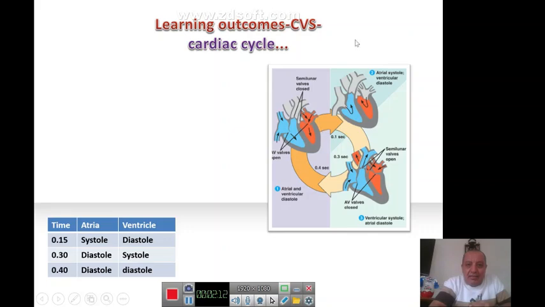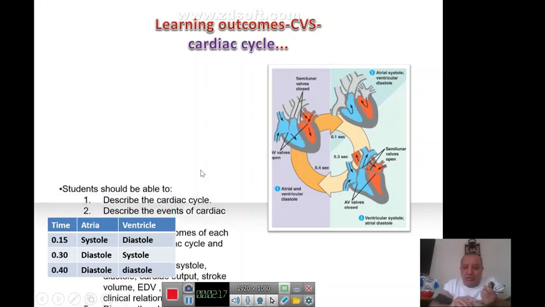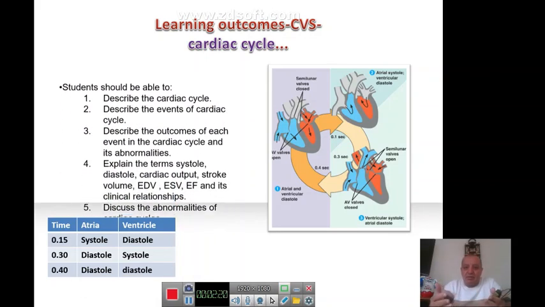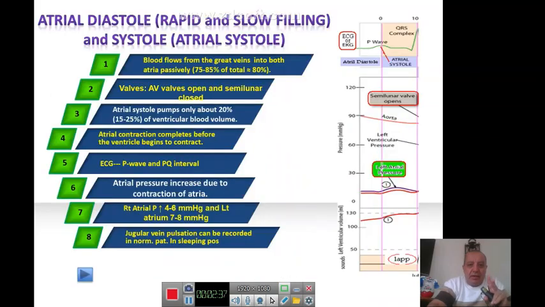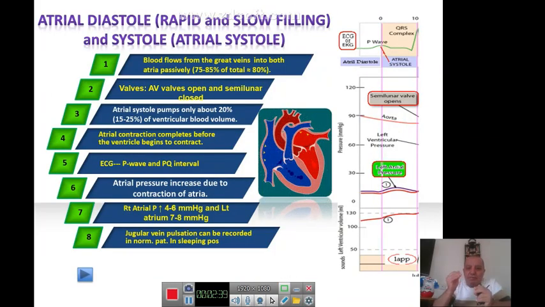إذا cardiac cycle consists of two mainly phases. Phase number one, which is the cardiac diastole, it means the blood is coming from outside to inside the heart, and then cardiac systole, which actually is pumping of the blood from inside the heart to outside the heart everywhere. Okay, so this is the two phases of the cardiac cycle. Now we will talk about these phases in details.